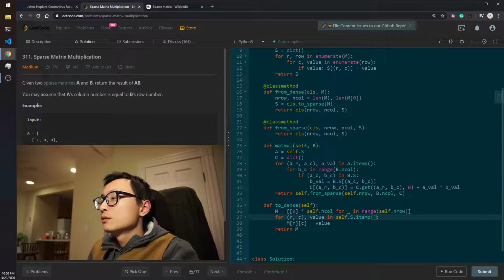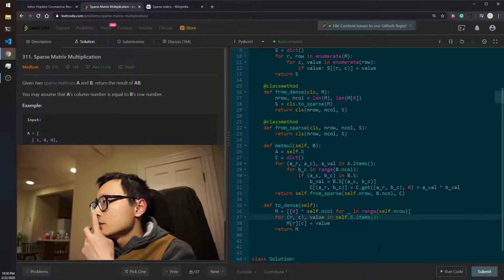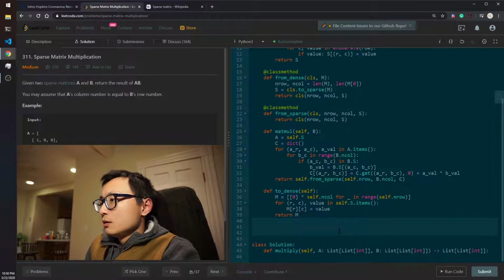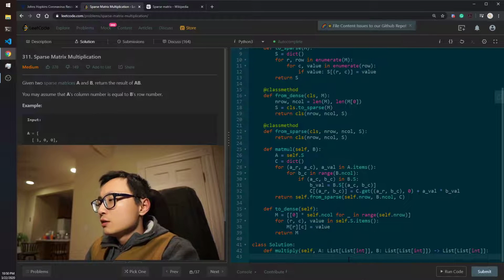Otherwise we're just enumerating over the keys. We have to do this. So that looks fine now. Then the remaining thing is just to do return